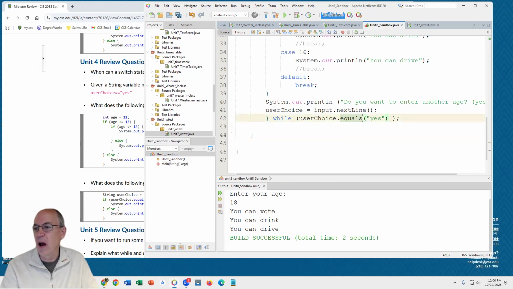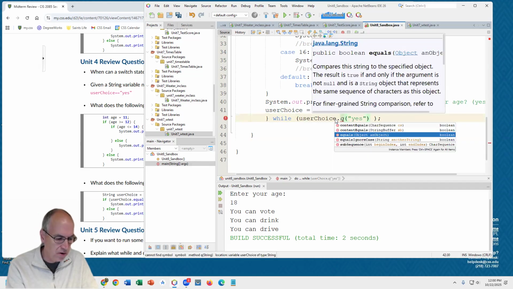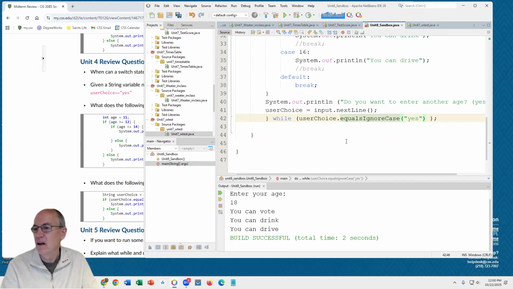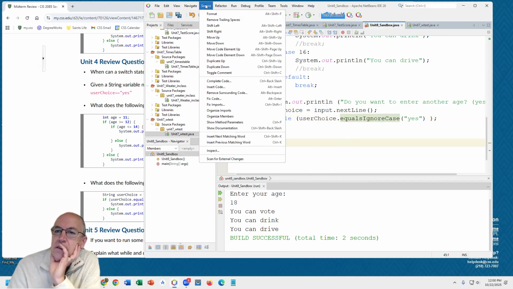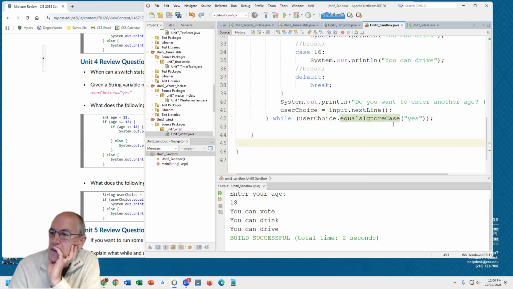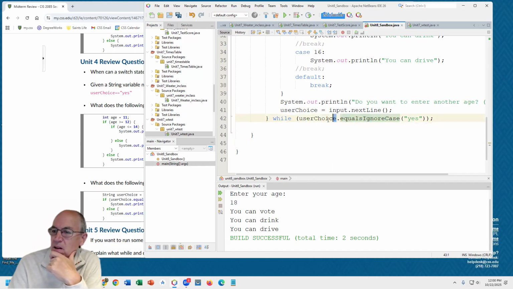And I actually probably want to say equals ignore case. I mean, not ignore choice, ignore case there. So now it'll keep repeating while they keep saying yes for this. So again, anytime we're comparing strings together, we want to say one of the strings and then dot equals and